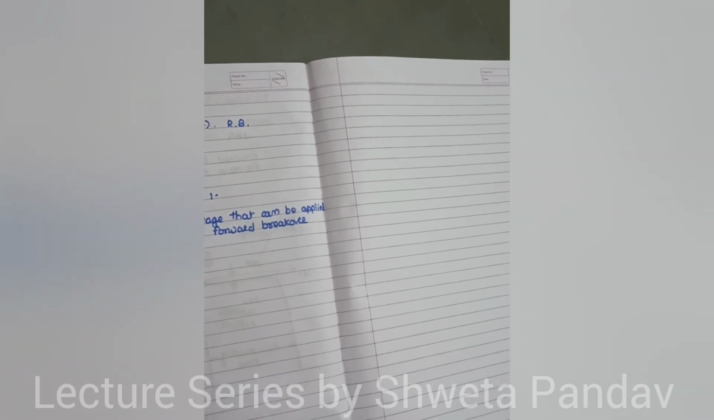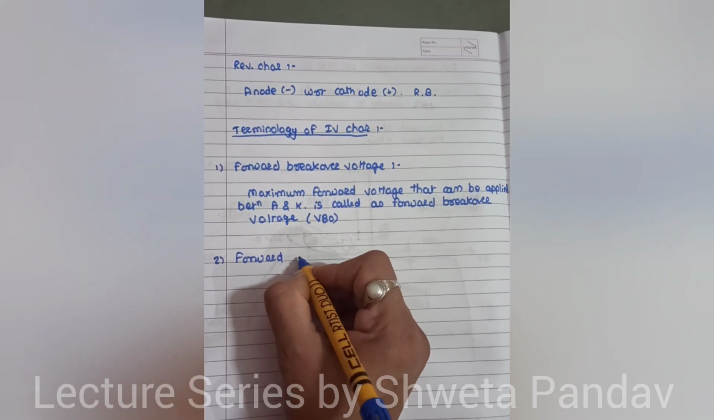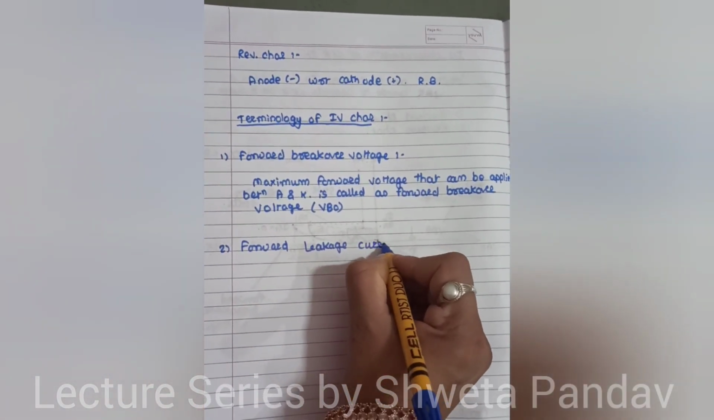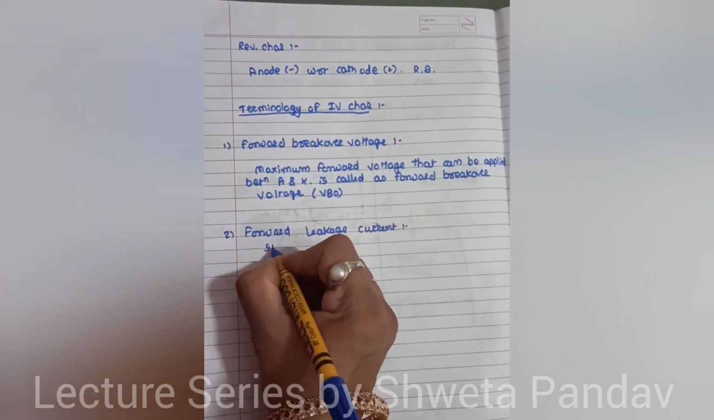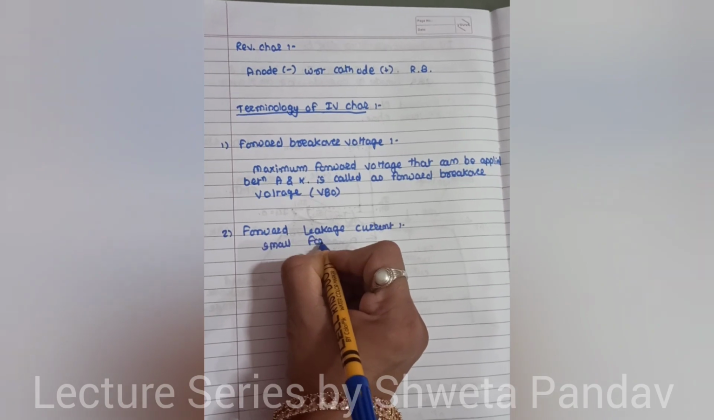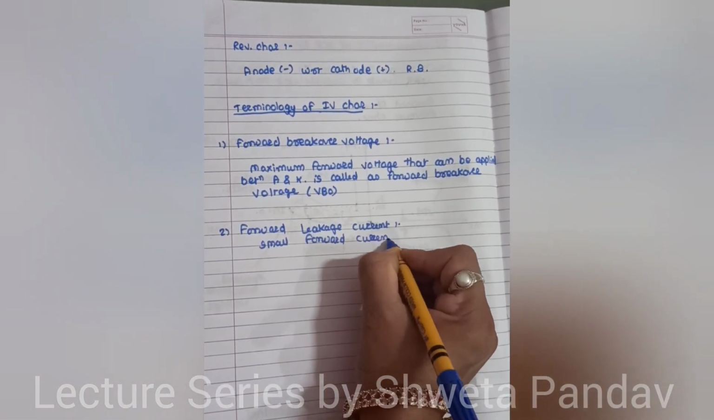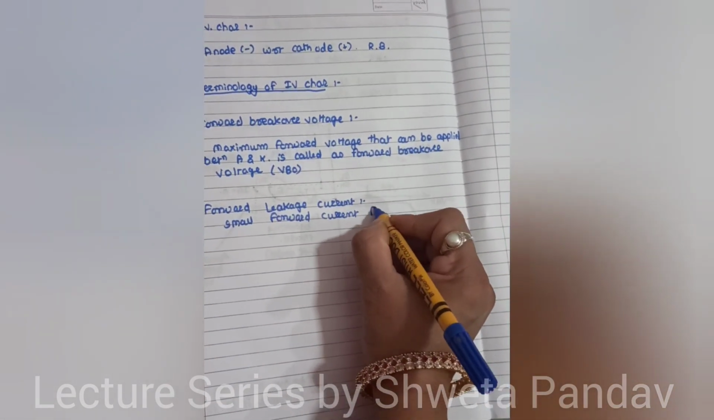Now the second term is forward leakage current. It is a small forward current flowing in